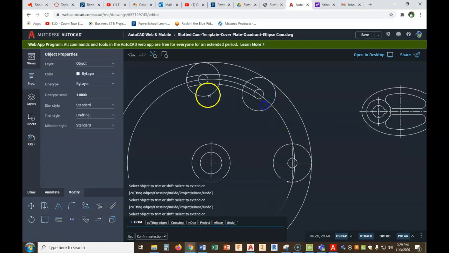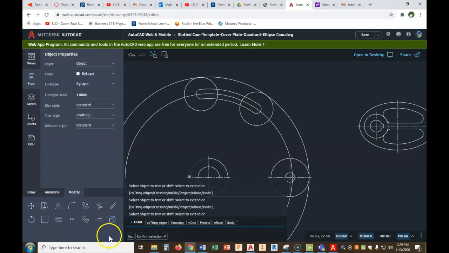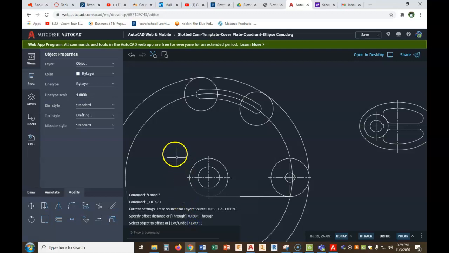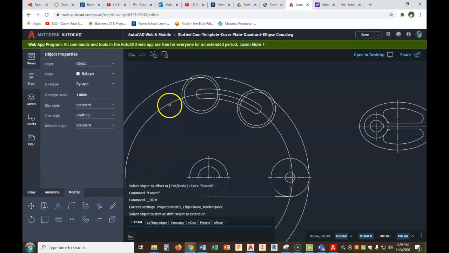So let's get rid of that and that. Let's get rid of that and that. Let's get rid of the parts of the circle that we don't need. There we go. Okay. So we've got those. We want this center line here, but we want it extended 1/4 inch out. So I'm going to go ahead and do offset. I'm going to go exit as always. Repeat last command. 0.25. Let's offset that out. Let's offset that out. And now what we can do is go trim and get rid of this